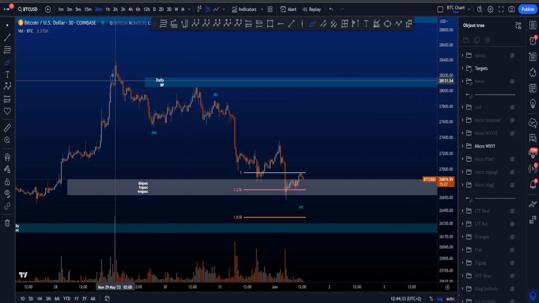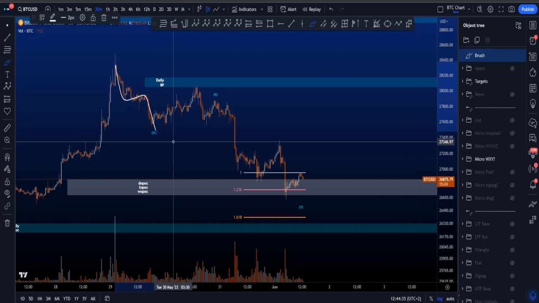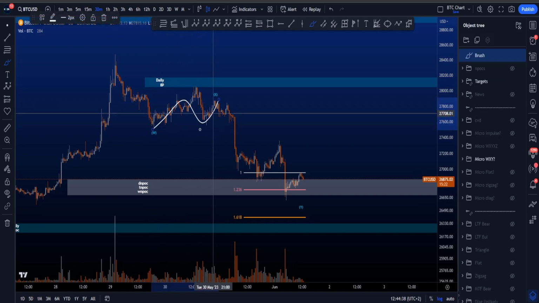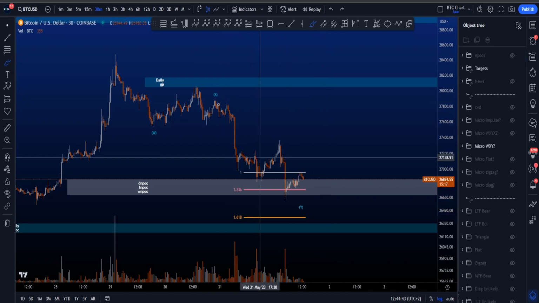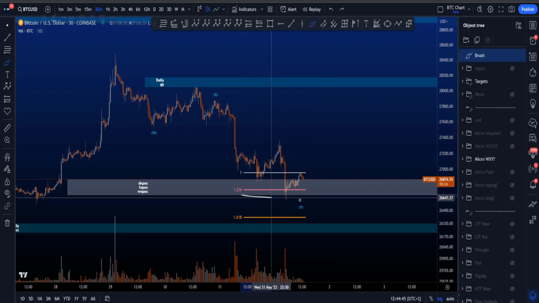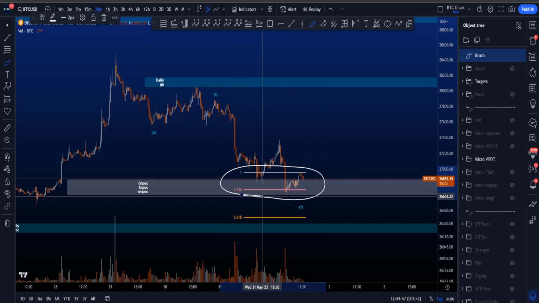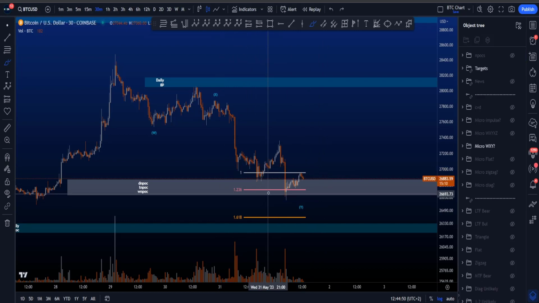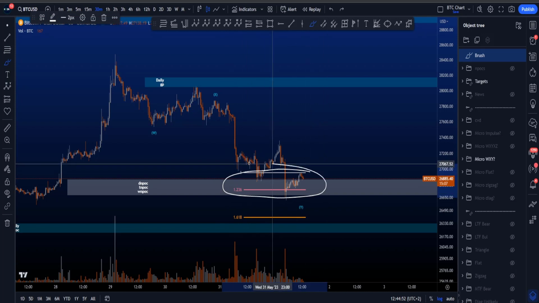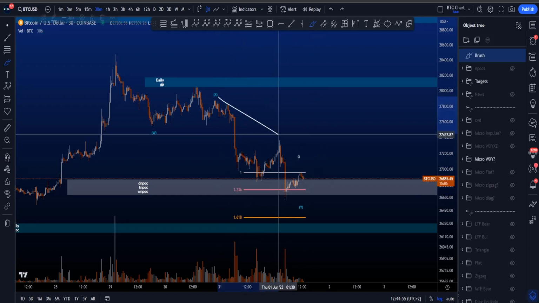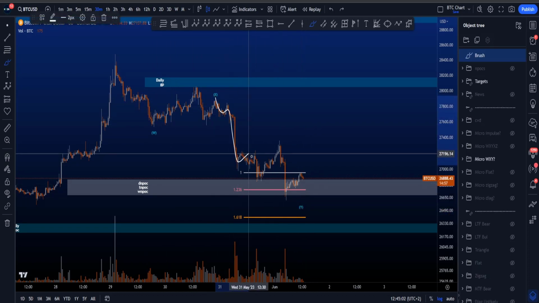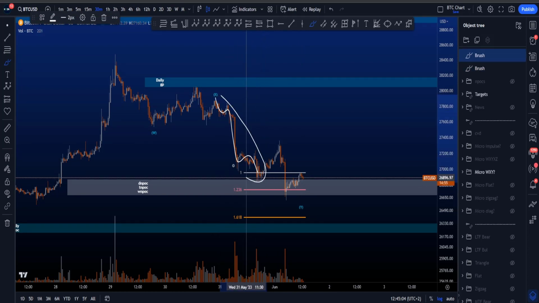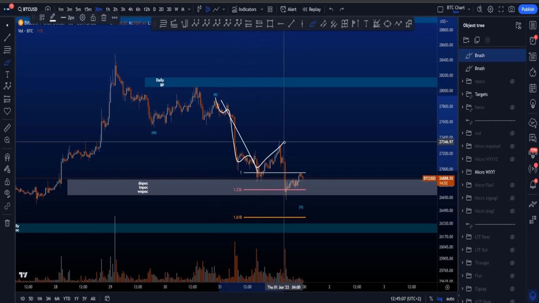If we then go to a WXY, then this move to the downside is a W in a 3-wave structure, followed by a 3-wave structure in a wave X, and then eventually we would be looking for a 3-wave structure to the downside for a wave Y, where the most common target area for a wave Y is between the 1 and the 1.236. And the problem in this scenario is that price already reached this area over here without showing a clear 3-wave structure. In a potential wave Y, you can have a zigzag and then a 1, 2, 3, 4, 5. But this first move to the downside, and then a wave A, B, and then looking for a C